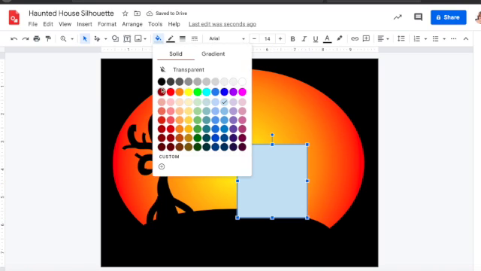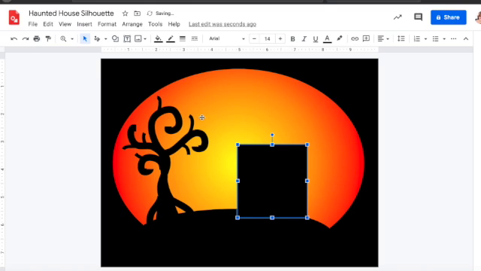Once again, I'm going to change it to black, because remember, we're doing the silhouette. Silhouette means it's usually all in black or one solid color, and then there's a lot of colors behind it. So if you notice, the silhouette is against what looks like a sunset or something like that, and everything in front of it is going to be black. So here's my house for right now,